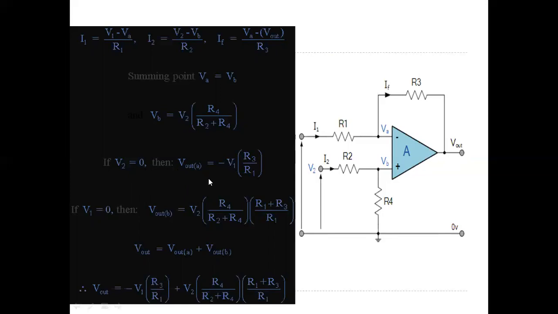So how we get this equation: already we know the formula for the inverting amplifier. For the inverting amplifier, what is the output voltage or gain? V0 is equal to Vn into minus Rf by R. We already calculated that part in the previous slide. So the closed loop gain, whenever we apply the input to the inverting terminal and the non-inverting terminal is grounded, is called the inverting amplifier.